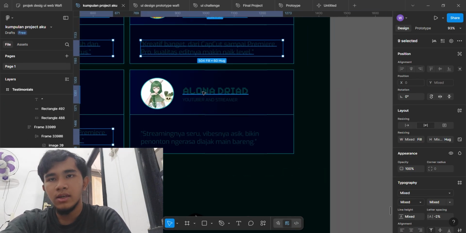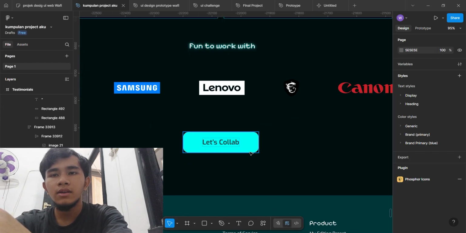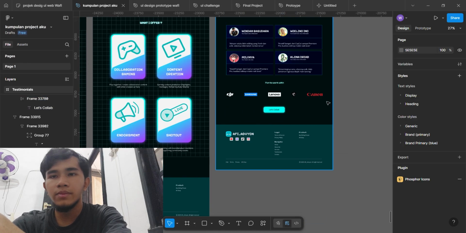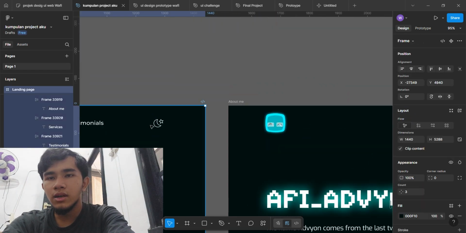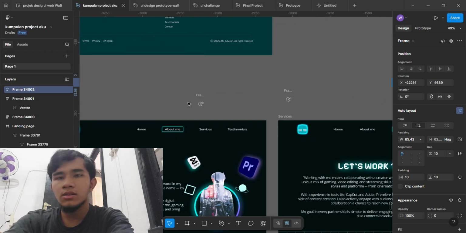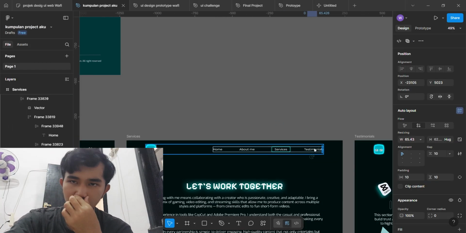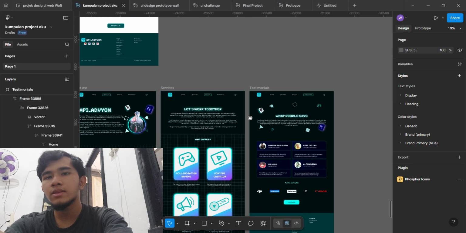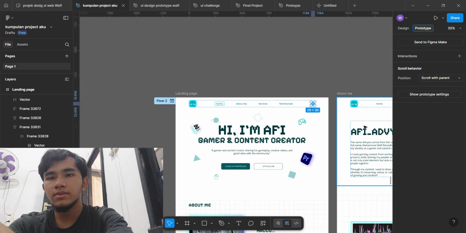Then part 7, adding detail and polishing. Once all the interactions work, it's time to polish your prototype. You can rename your connections, adjust timing, or even add some overlays if you want to simulate pop-up windows. You can also simulate mobile scrolling. Select your frame, go to prototype settings and set the scrolling behavior to vertical scrolling. This is useful if your screen is taller than the frame size.